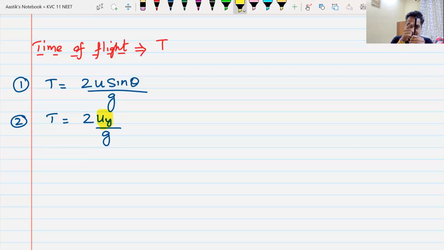So the entire velocity is not upwards. We find the component, and that component is uy or u sine theta. Do we understand this? Yes or no? Okay, now I can also write